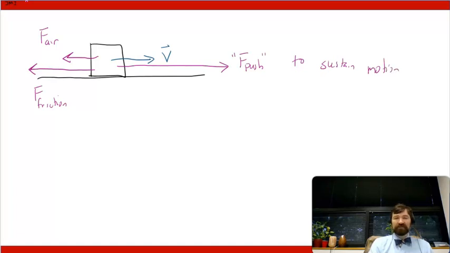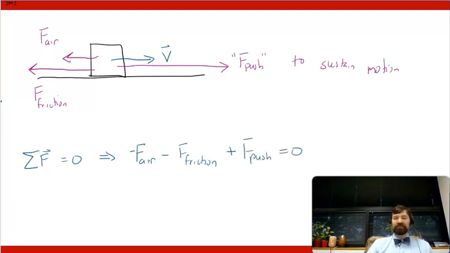But if we were absent the air resistance and the friction, we wouldn't need this pushing force to keep the object moving. Okay, this is Newton's first law, the sum of forces equaling zero. It basically means that we expect the air resistance and the friction force, which are to the left, and so we'll call them negative, to be balanced by this pushing force. And so this is a balanced system, and therefore velocity is constant.